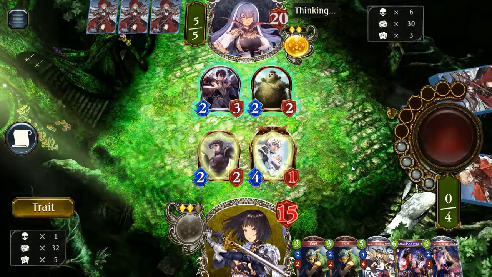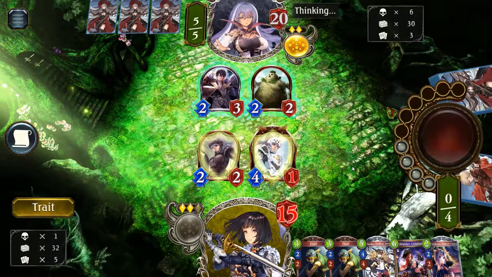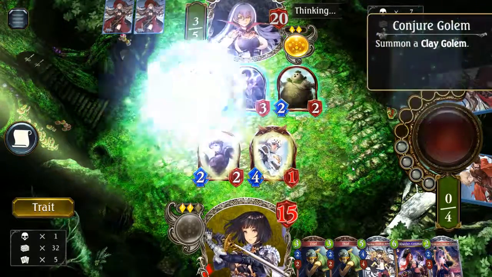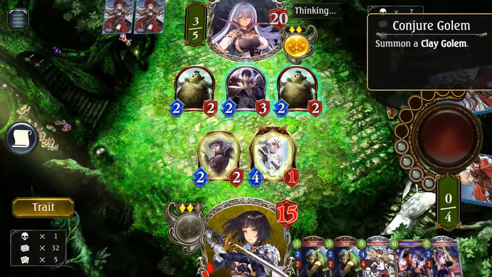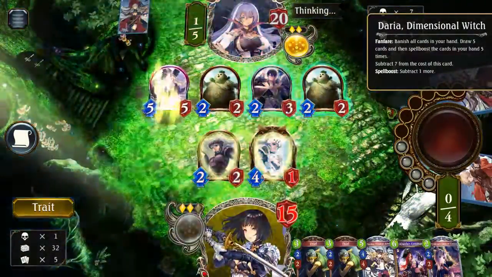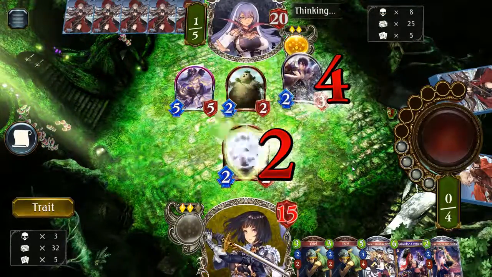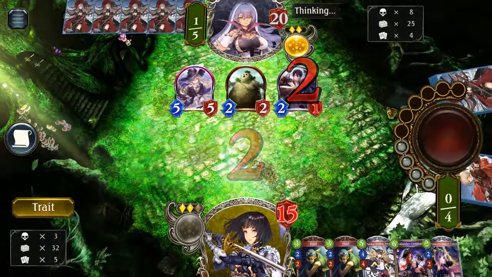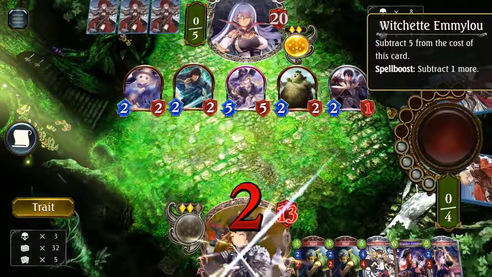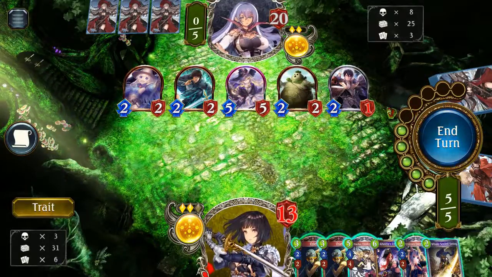Now, I'm guessing this is most likely a Daria deck, because they've gone and used a lot of resources earlier on. Hopefully we'll be able to see Daria, because it's a pretty defining card for this game. There we are. So, very powerful card. It removes every card in your hand from the game, and then you draw 5 cards, and you spell boost each card in your hand 5 times. So as you can see, it's pretty explosive, and this is a very bad...